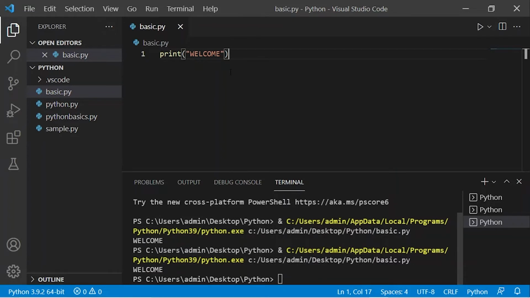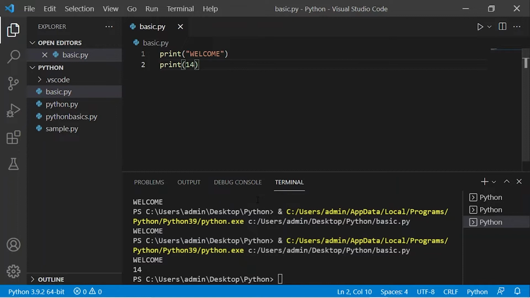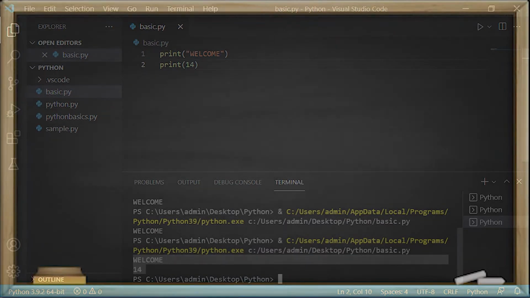Now we'll print a number. So I'll write print. In parentheses, I'll write any number. Let's say 14. And then I'll run this code again. See, now I got the output welcome as well as the number 14. So this is how you print something in Python.